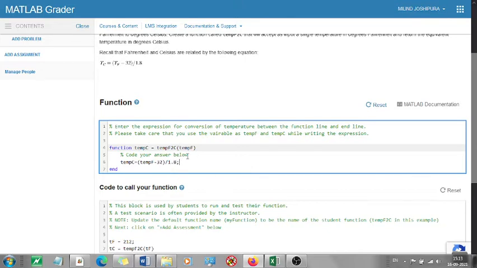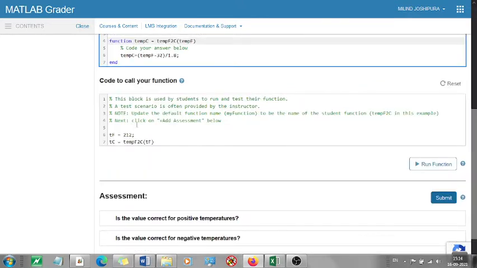Now see, what happens is temp F is the input variable, so I have to supply this. Once I supply this temp F, this will come here. Whatever value I have given, 100, 200, 30, minus 40, minus 50, whatever will come here, minus 32 upon 1.8 will be assigned to temp C. What care you have to take is that this variable name and this variable name have to be the same.